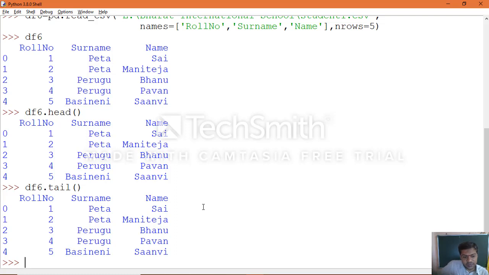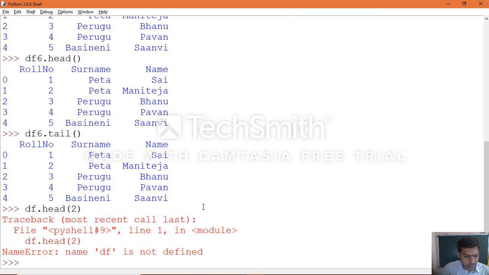But in this particular example, there are only 5 student records which we stored in the CSV file, and that is what we stored in the data frame object. Here you will not see a difference. You can add 5 more records to our file, then apply the head and tail functions, which will extract the top 5 rows and the bottom 5 rows. If you want to specify a specific number, for example head of 2, only the top 2 rows will be extracted.